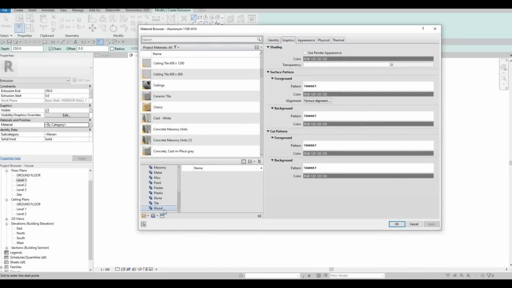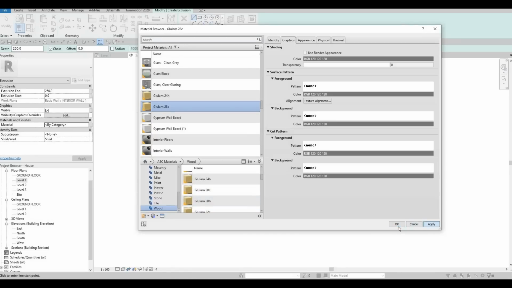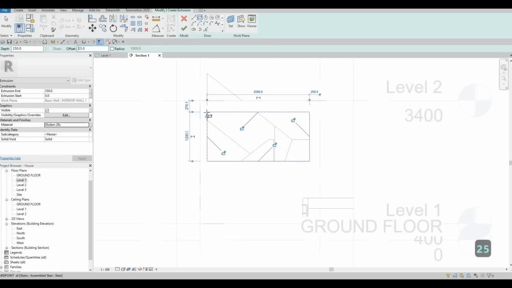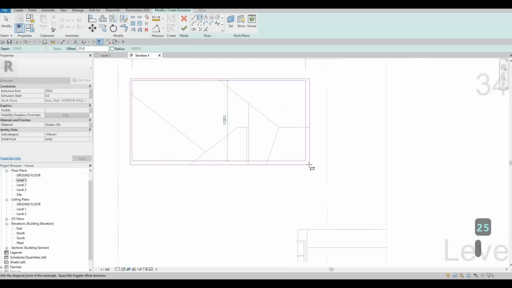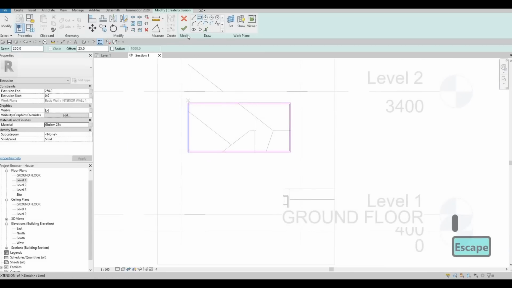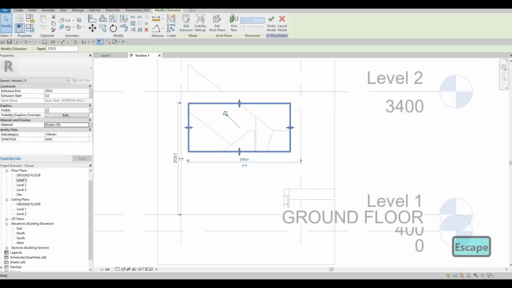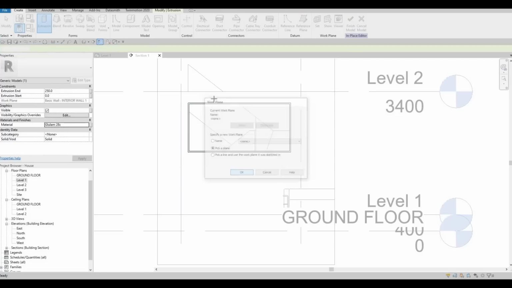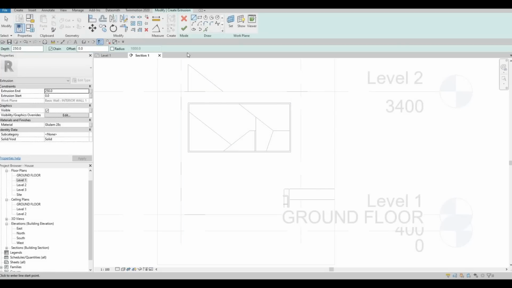This is a wood material that I'm planning to add. Apply OK. I'm gonna put a casing, so I'm gonna case it with a rectangle, and then after that I'm gonna put an offset of probably 25 only. Select and then add something like that. Click on finish, and then after that, extrusion again, pick a plane, we're gonna select this plane, and then here